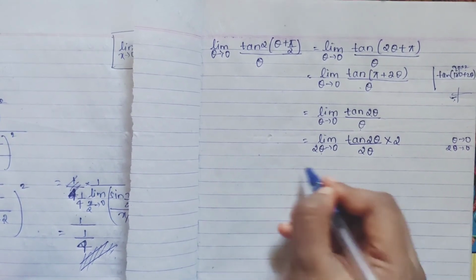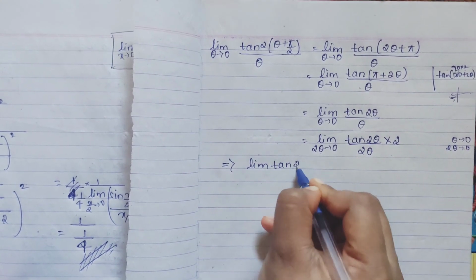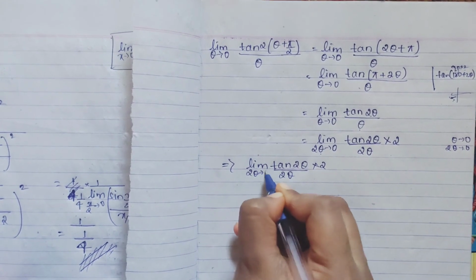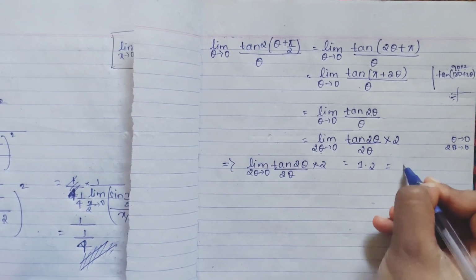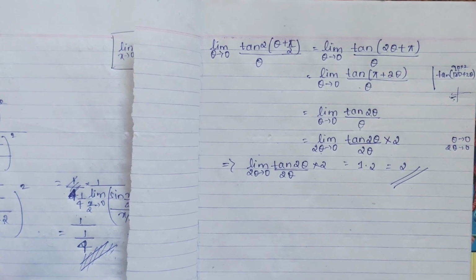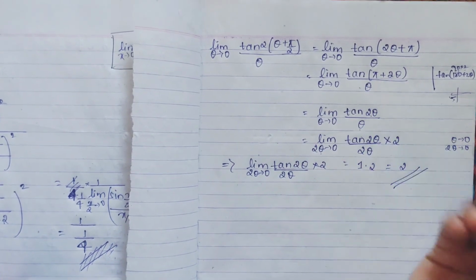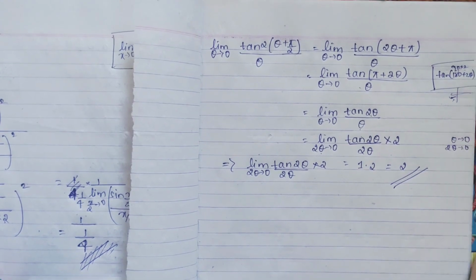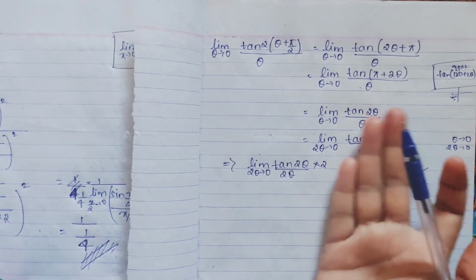Here, shall I write the limit? You will get tan 2 theta divided by 2 theta, into 2, as 2 theta tends to 0. Now from this part we know that it is equal to 1 into 2. So your answer is nothing but 2. I hope I am clear. Please remember this part: pi plus 2 theta gives the same tan 2 theta. If you can't remember it in such a form, you can do 180 plus 2 theta, and 180 again as 90 into 2. But I have explained this clearly with the x axis and y axis.